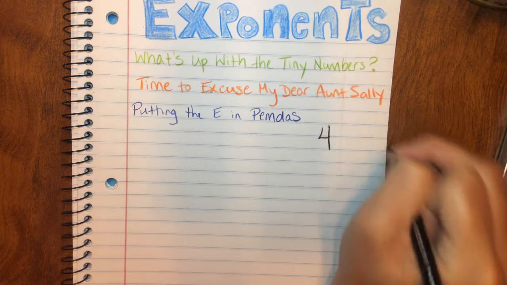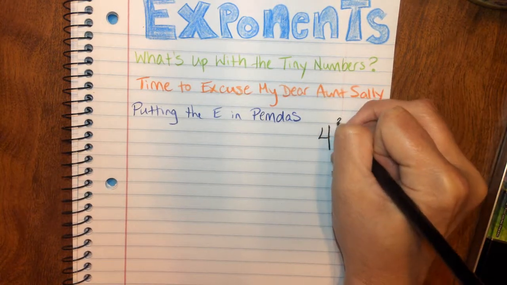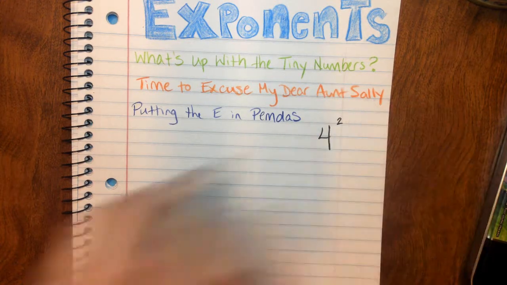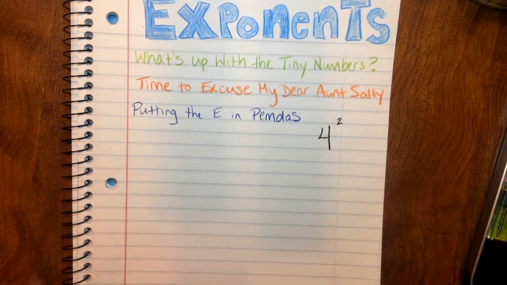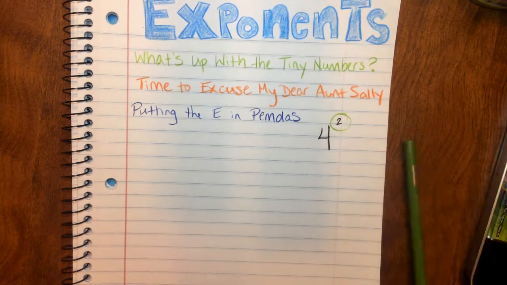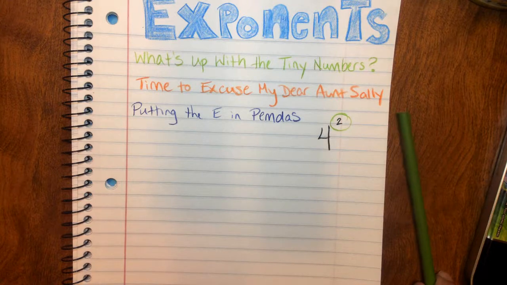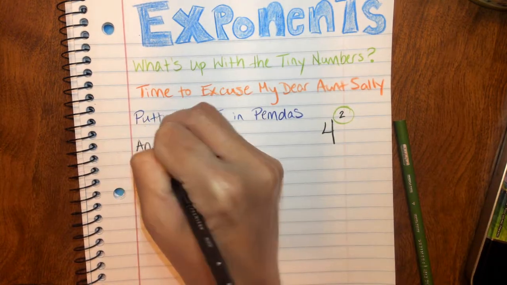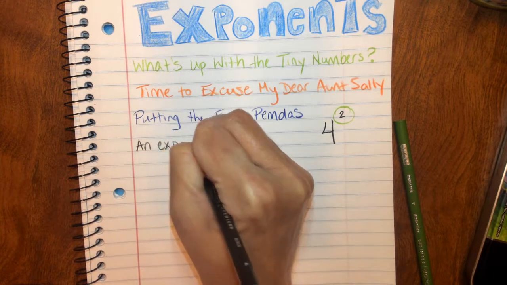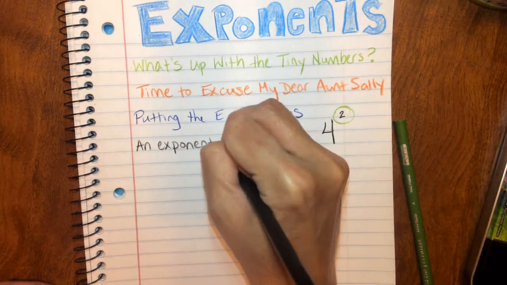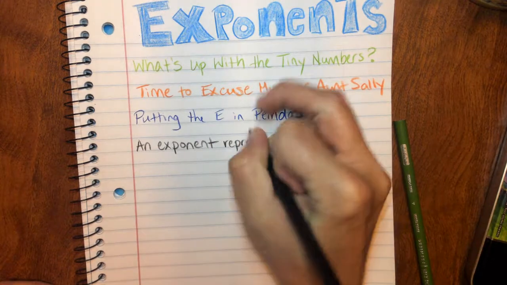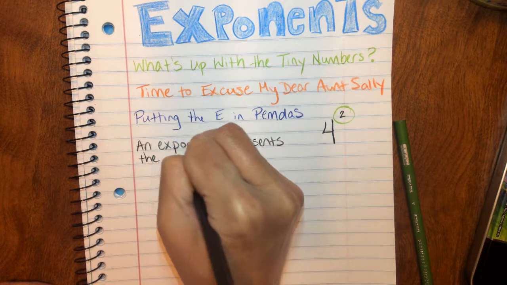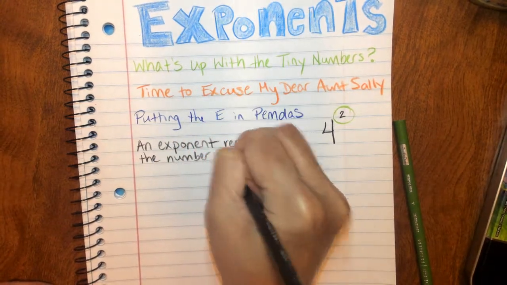You've got your regular number, right? And then you've got that tiny number, okay? So what's up with the tiny numbers is a great question, okay? Tiny numbers above other numbers are exponents, okay? And an exponent represents the number of times